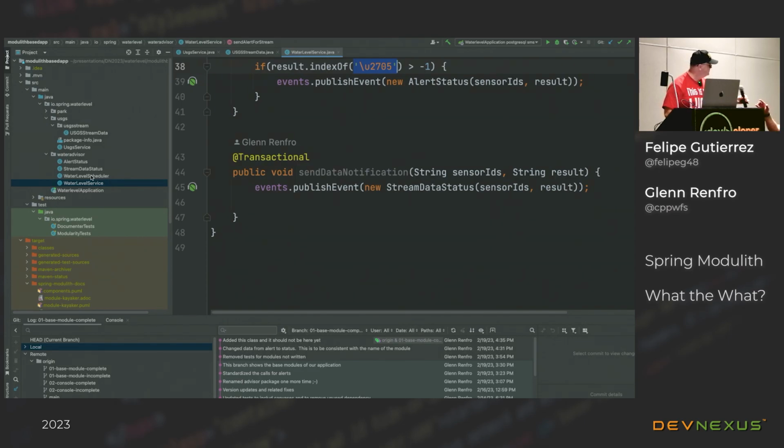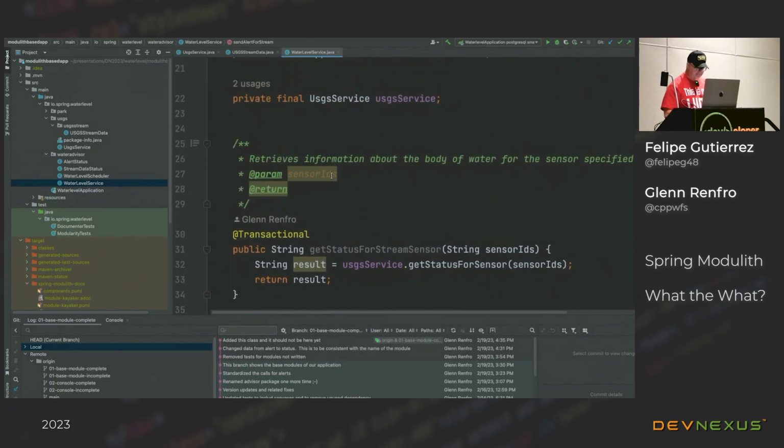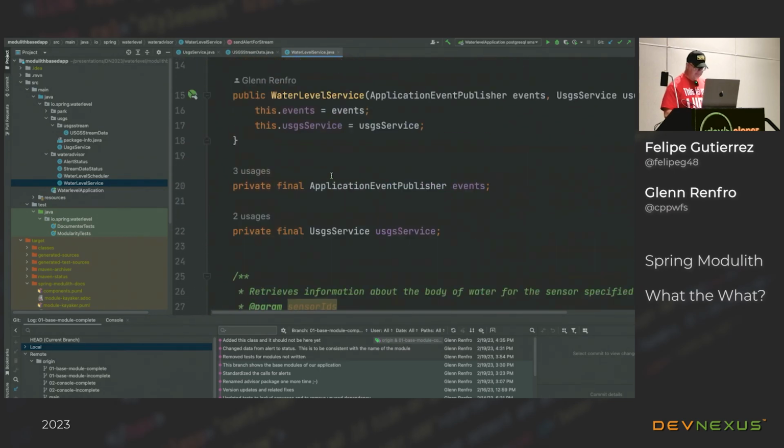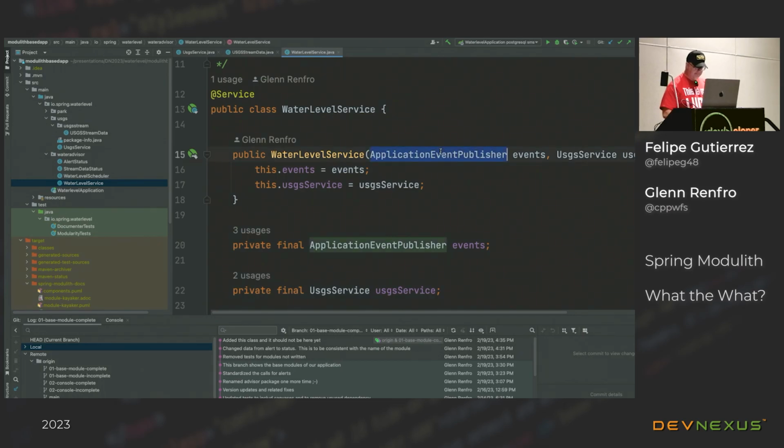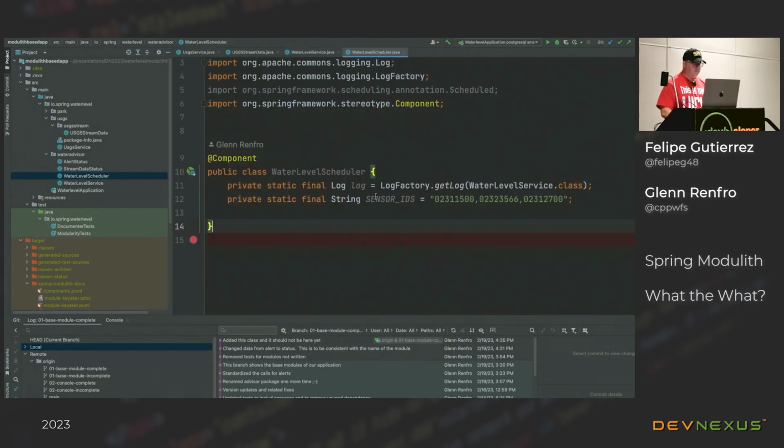Glenn, before you move around, something I want to share with you guys: I don't know if you remember, I was telling you about microservices. They communicate between each other using a binder, and in this case we were using RabbitMQ. The new modules are going to communicate through application event listeners, through events. So that's kind of the change.